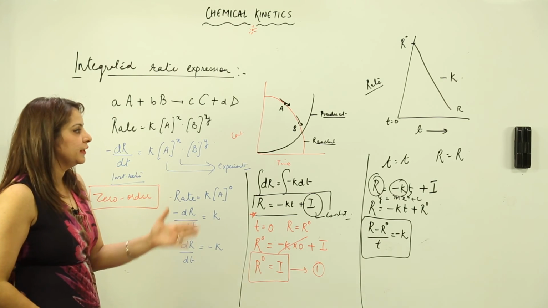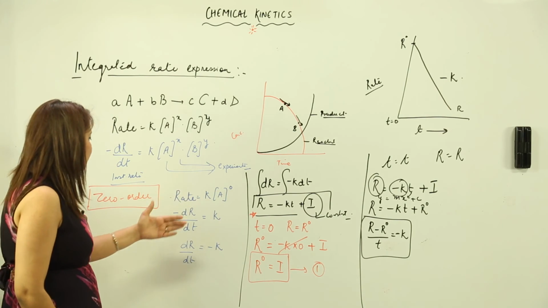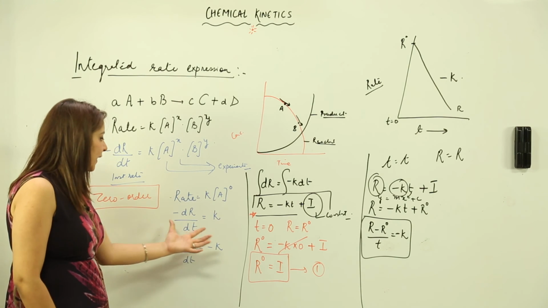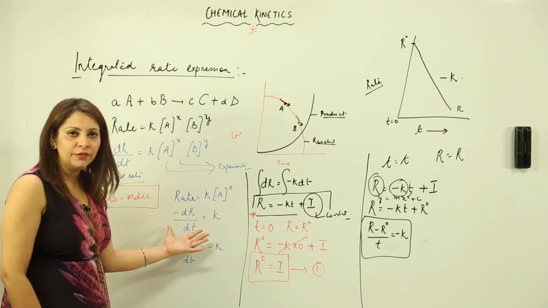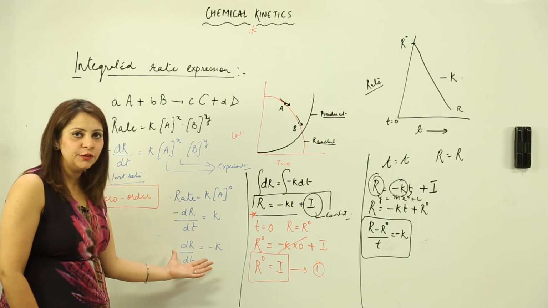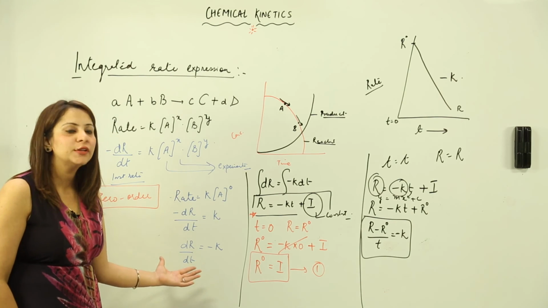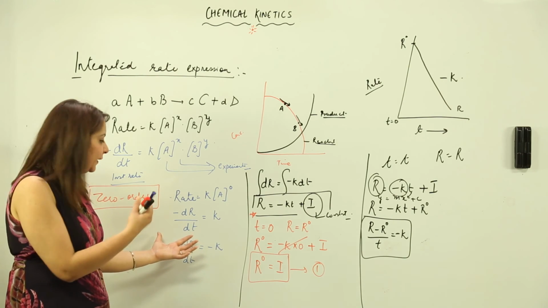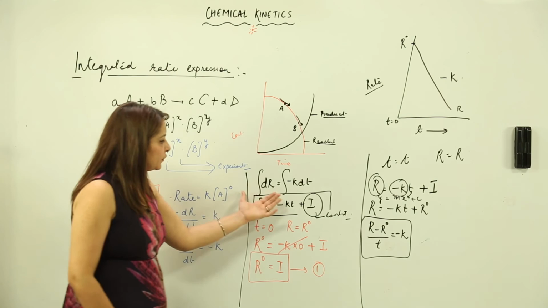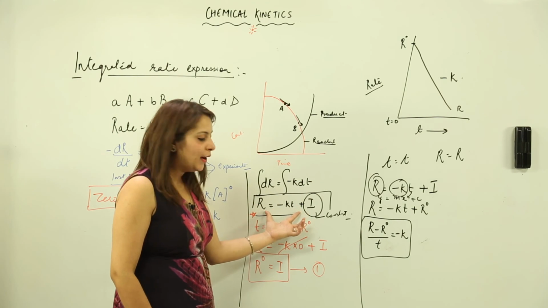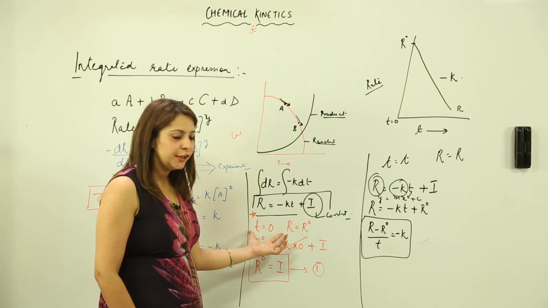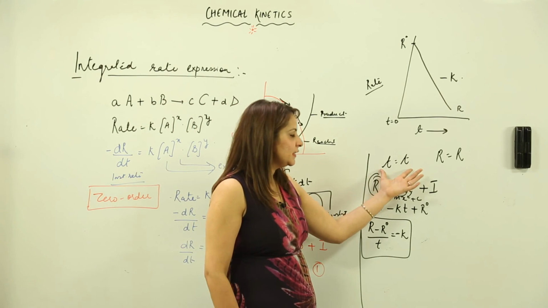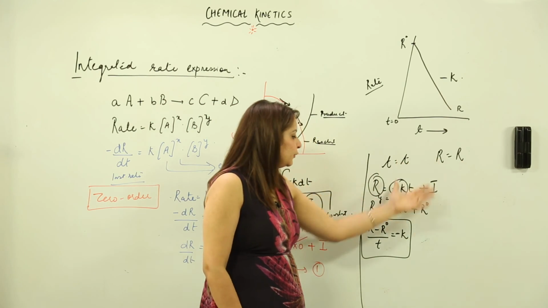How do you have to derive this integrated rate expression? You need to write the rate expression first for a zero order reaction. Then we wrote it in the form of instantaneous rate, simply because we know that the concentration of reactant decreases with time. So I simply wrote this term in terms of a mathematical expression. Then after integrating we get this result. Now I consider in the first case time as 0 and rate as R naught, right. And then I consider time as t and rate as R, right. So we just derived this.